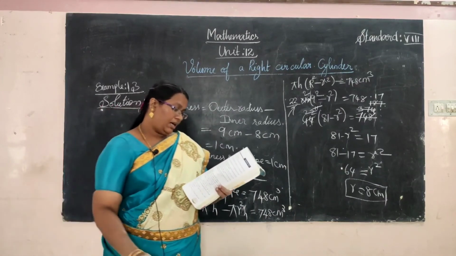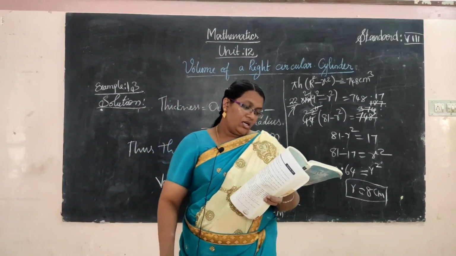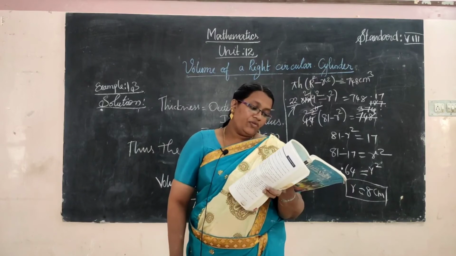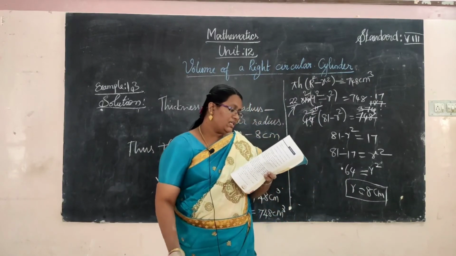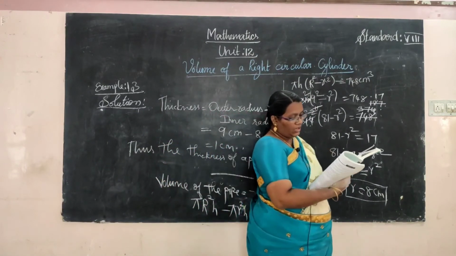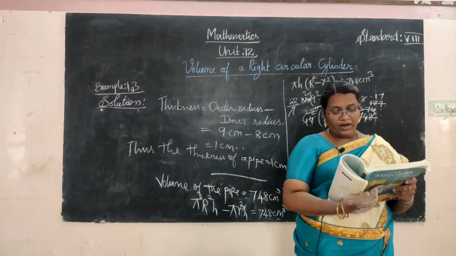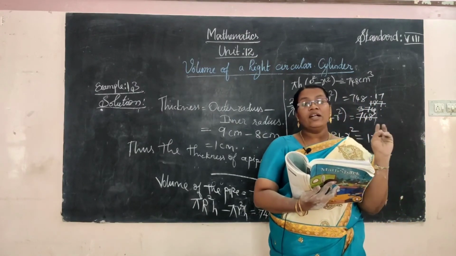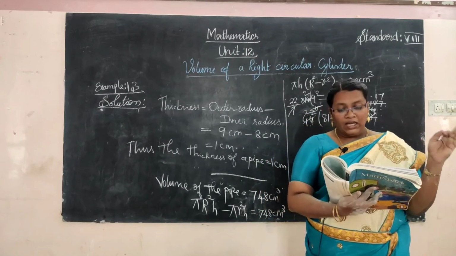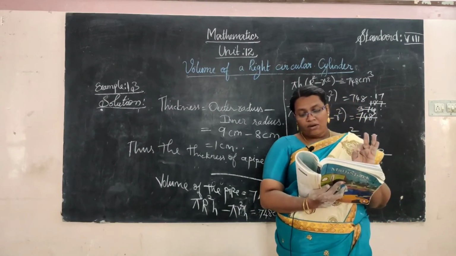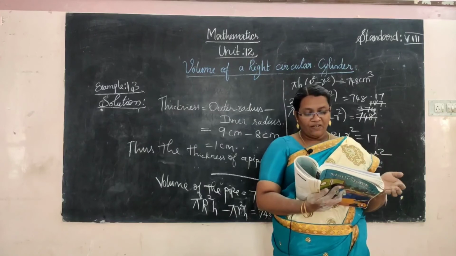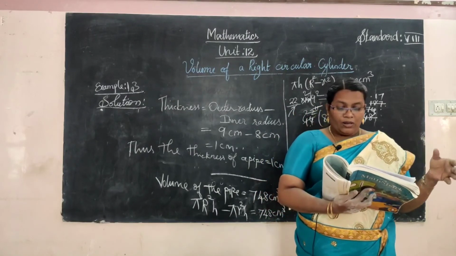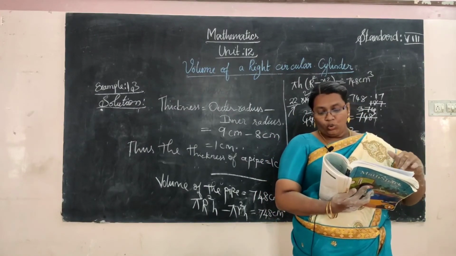Okay, right. And the next one, example 14. Pranav is digging a well of the radius 2.8 meter and 15 meter depth. So R is given, depth means height is also given. He is also putting the mud dug out from the well on a plot of land to make a high rise platform.